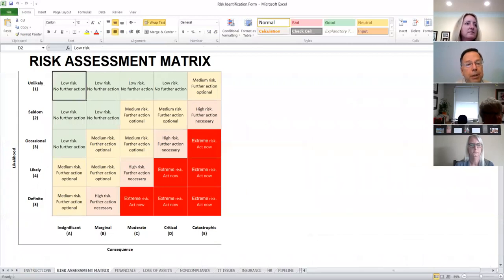Here's this matrix I was talking about, the color codes. So, if it's a risk that you've deemed to be unlikely and insignificant, it's probably going to have a little green box. On the extreme other hand, if it's a definite risk and it's very catastrophic, then it's going to be a red box. So these colors, you'll see green, kind of a tan, a pink, and a red in kind of increasing levels of heat, depending on how important the risks are. So those first two tabs on this tool are just explanatory. Now we get into the actual